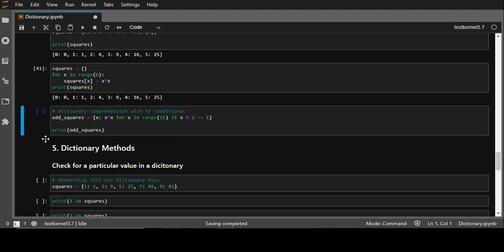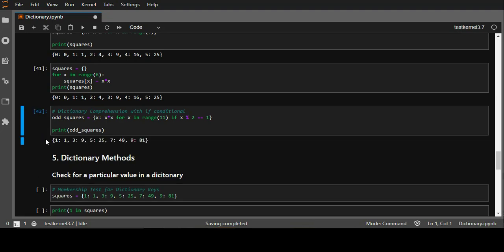Let's say I want to make a dictionary with items with only odd keys. I'll just add an additional if condition inside the for loop. For that, I'll just check if the remainder when divided by 2 is 1. If it is 1, only then it will create a dictionary, else it won't. So I'll just write in an additional something like this.